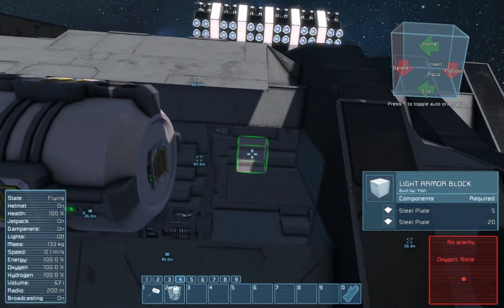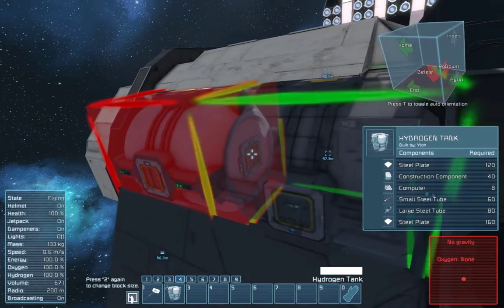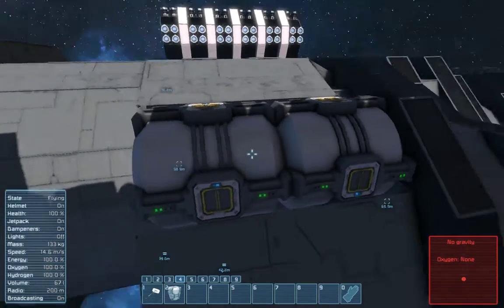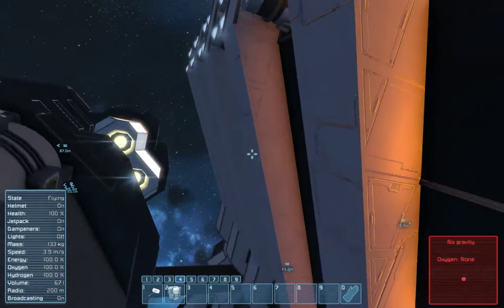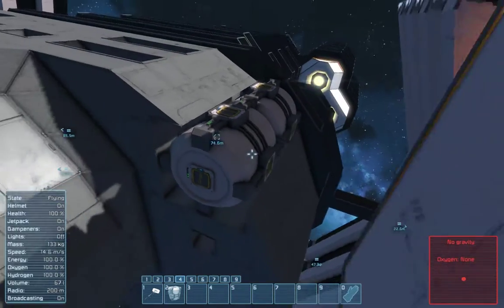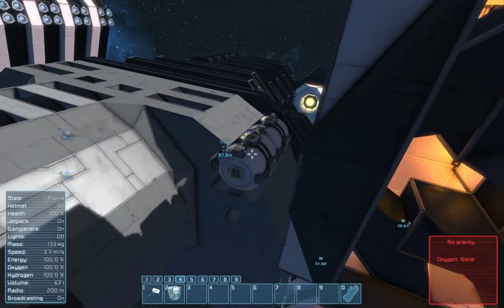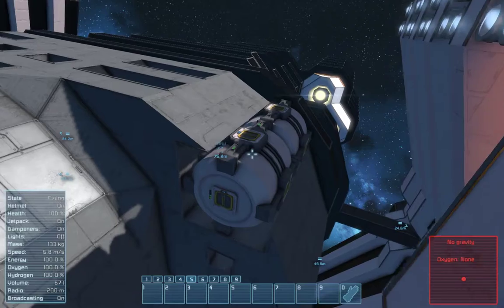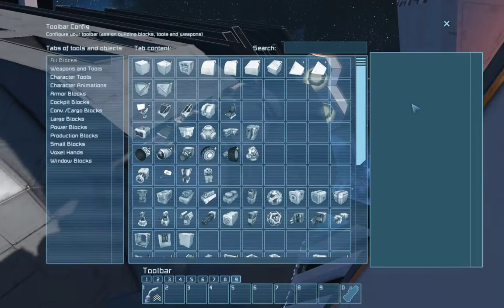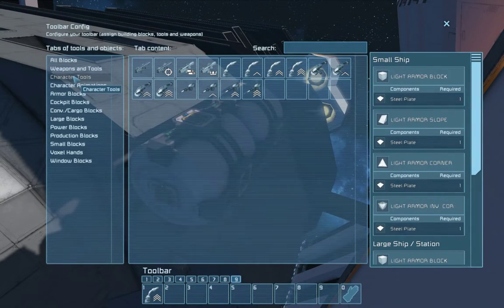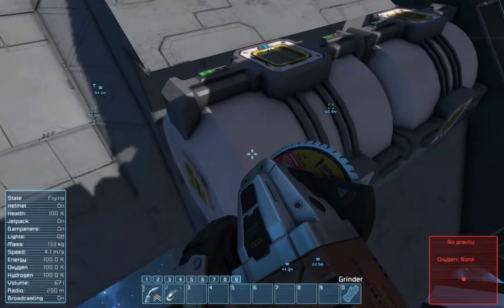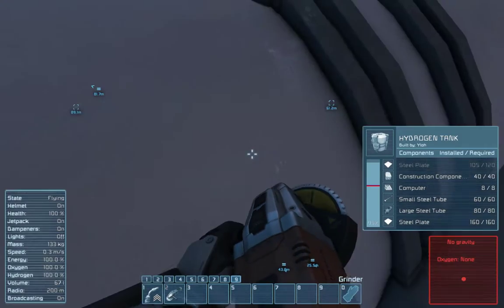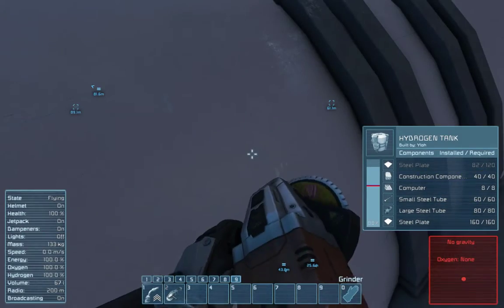But from an aesthetic standpoint, it adds a little bit of character to that particular part of the ship. On top of that, let's get a slow grinder, there are a ton of different views you can get by deconstructing some of these